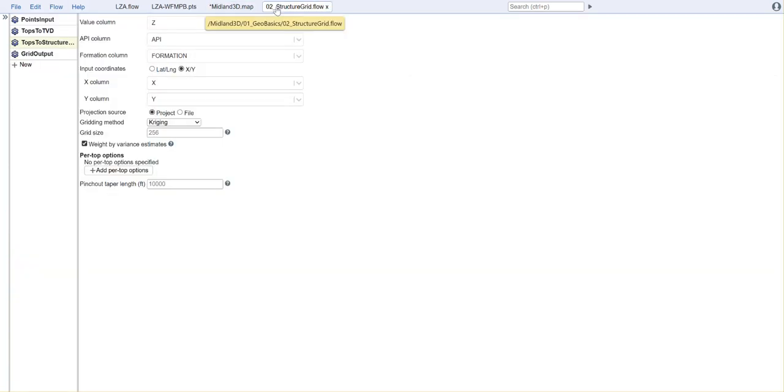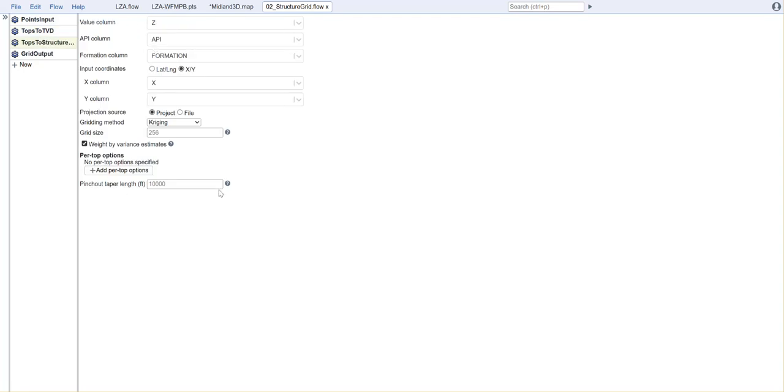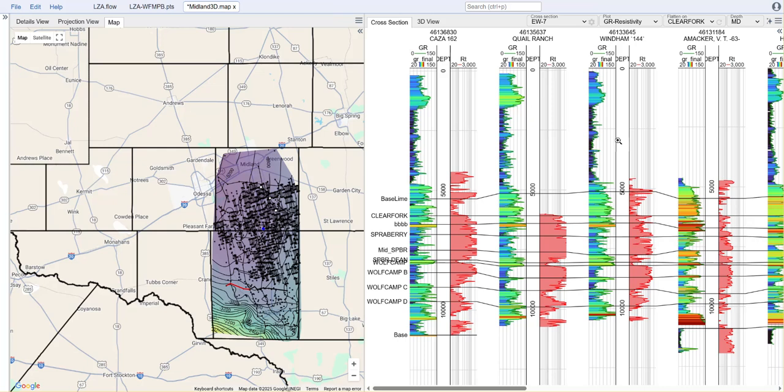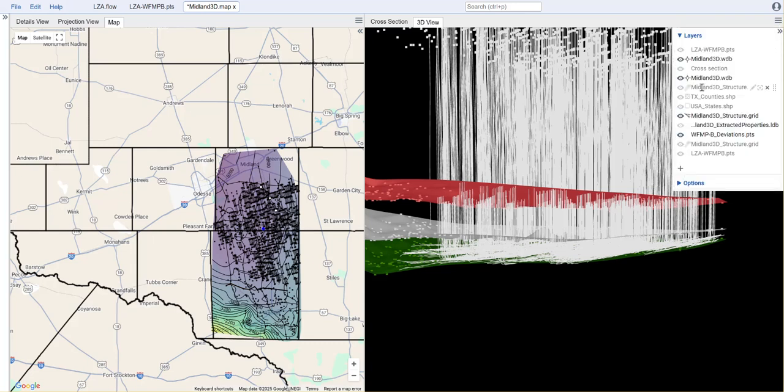All you have to do is come to our structure gridding flow here, where you're going to grab your tops, you're going to use the deviation surveys to put everything in TVD space, and then in one go, we're going to make all of the structure grids for our project. We hit the run button. This area just takes about a minute to run for 5,000 wells, covers a couple of counties in the Midland Basin. All right, so at that point, we then have our structure maps,